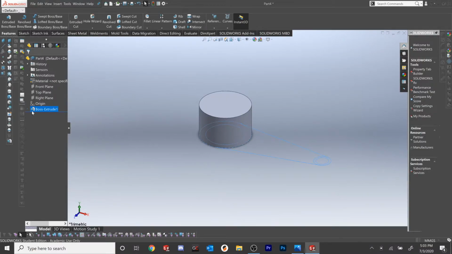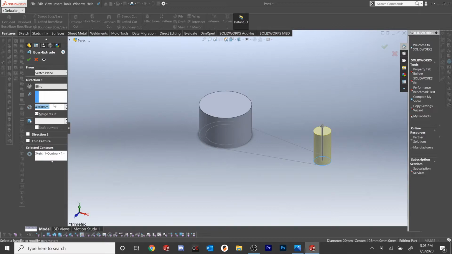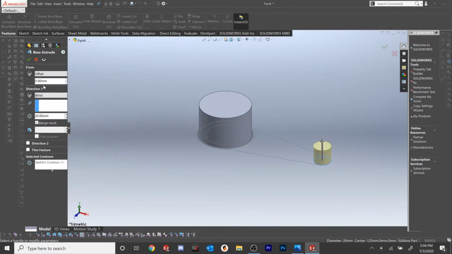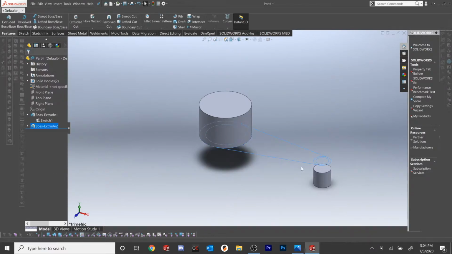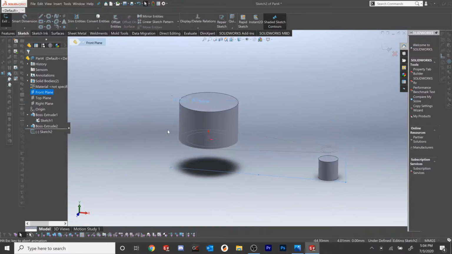And if I show the sketch, I can apply another extrude feature. This is 20 millimeters tall, and this one is offset, so I'm going to go to the From selection, Offset, by 30 millimeters, and reverse that direction. Check. So now I've created my two cylinders, and I'm going to go to my front plane, Sketch, Control 8,